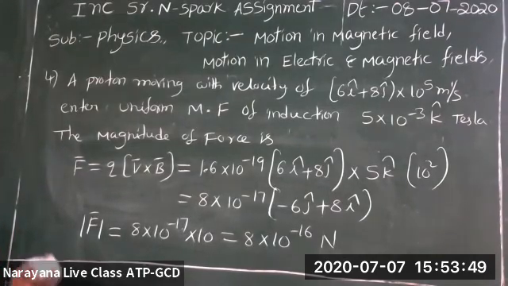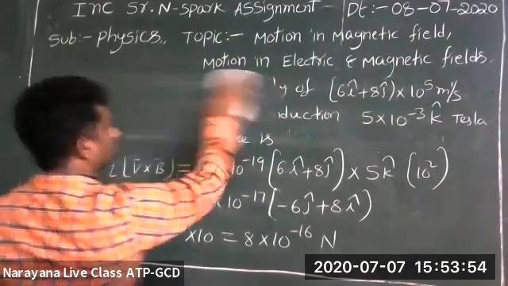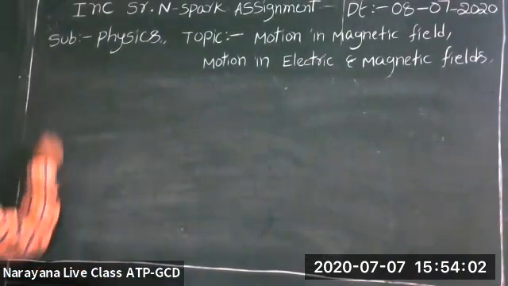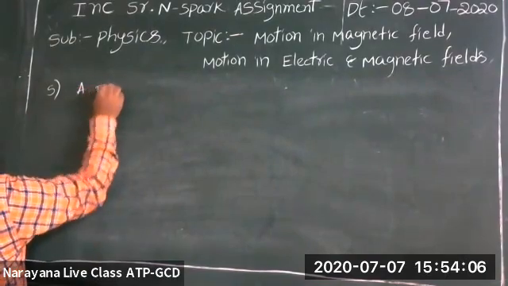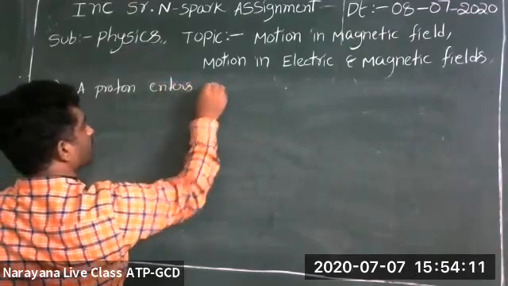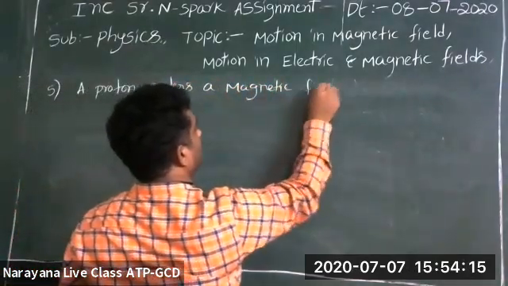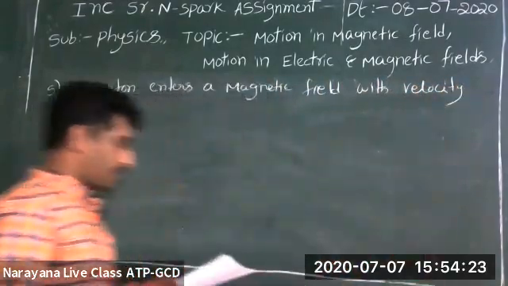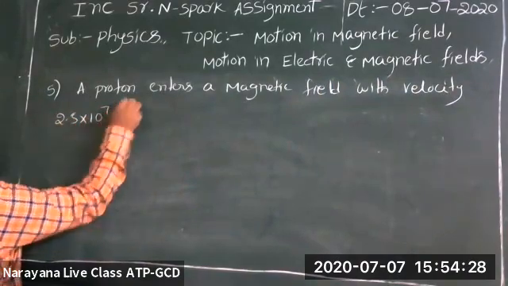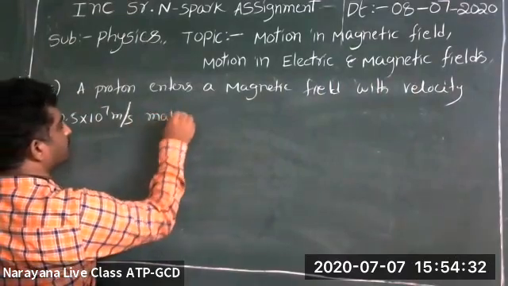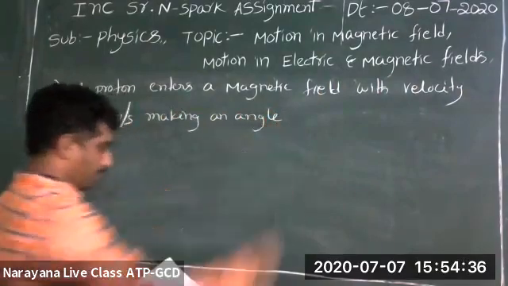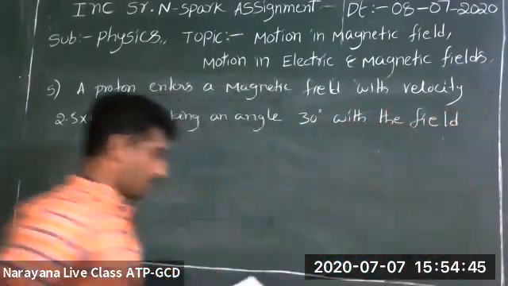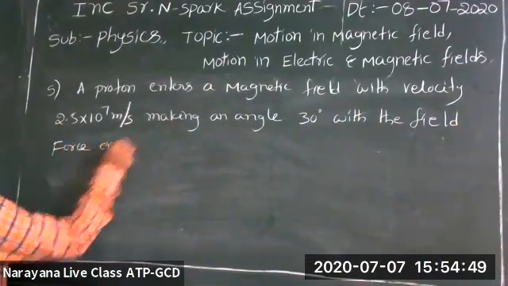Next problem is, a proton enters a magnetic field with velocity 2.5 into 10 power 7 meter per second, making an angle 30 degrees with the field. Force on the proton is